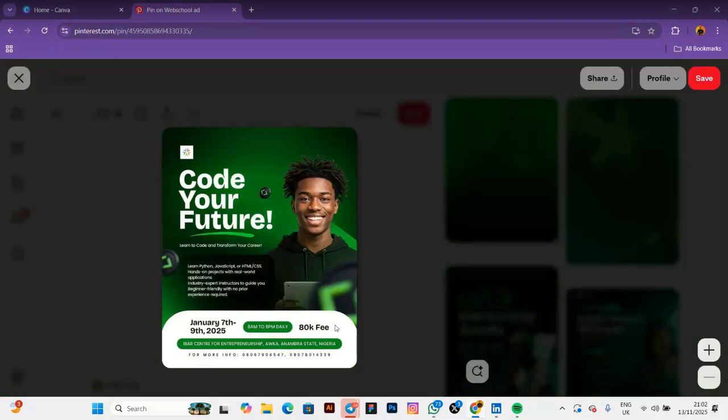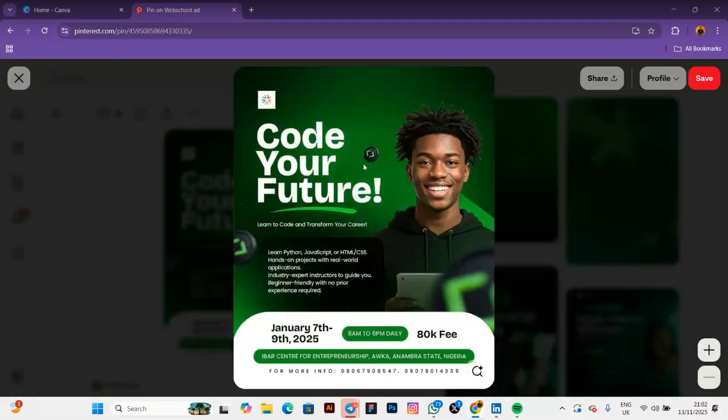There's a texture like numbering behind this image, and then there are shapes around it, some abstract lines around the design. So we're going to be designing this from scratch. We're going to be looking for a random image to use for this, that is an image that looks like